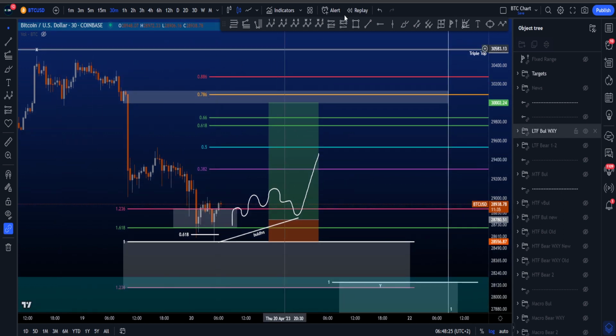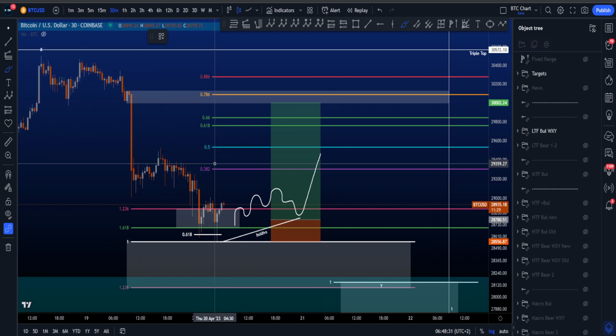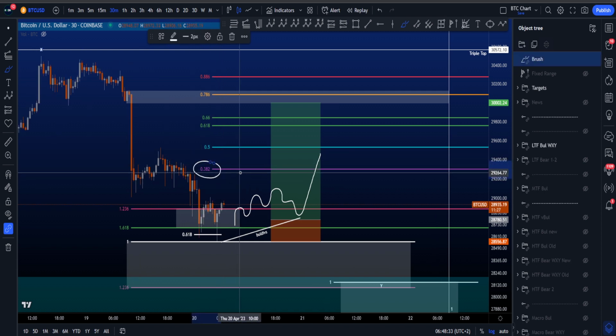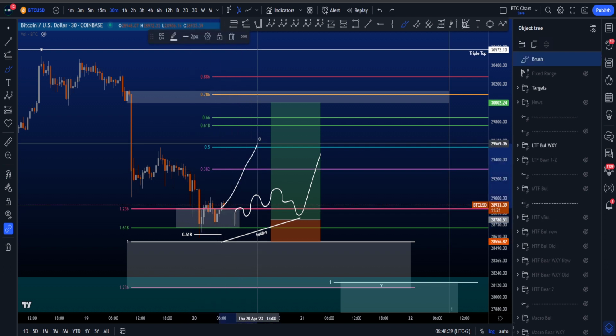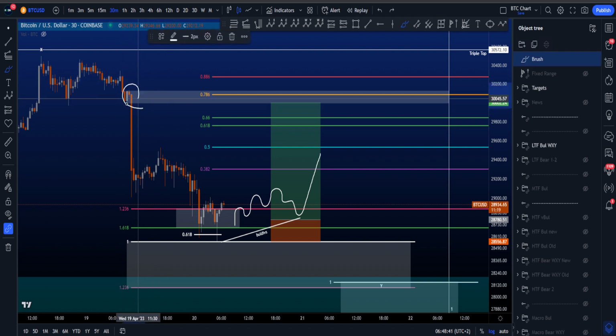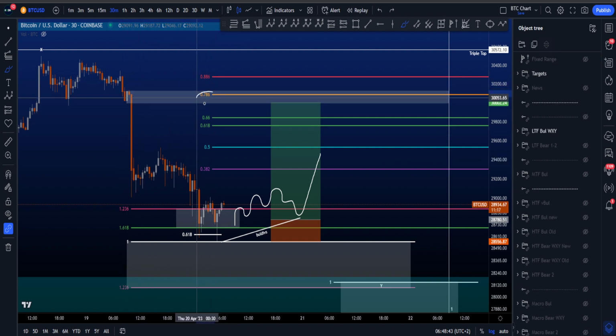And then eventually we're now looking for a 3-wave move to the upside, which can have many different structures in a wave B. The minimum target for a wave B usually is a 0.382 sitting at 29.3k. But personally, if this is the temporary low and we would move to the upside, I would like to see this order block being hit, as well as confluence with the 786, which is basically between